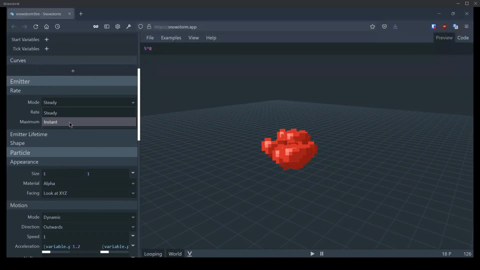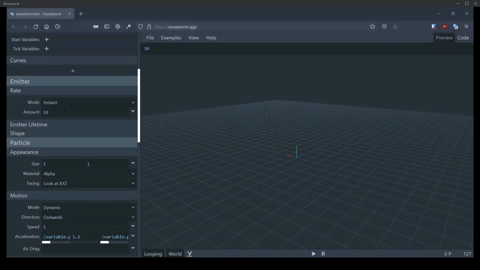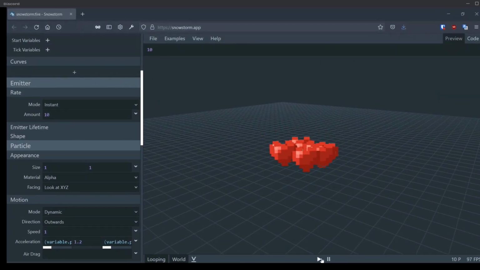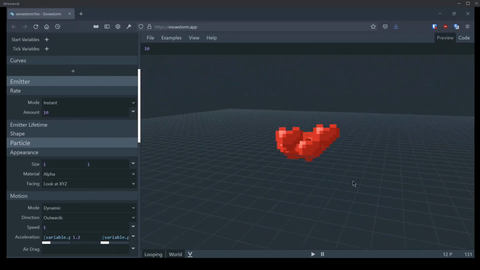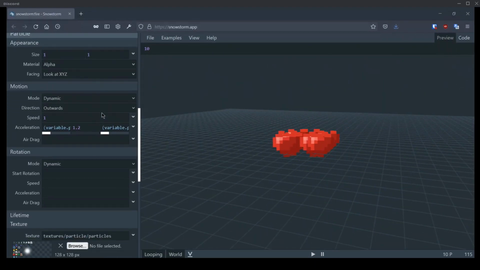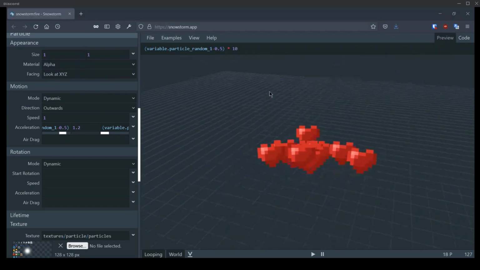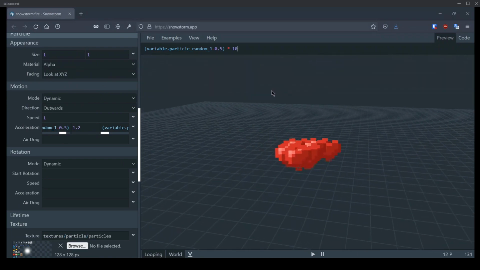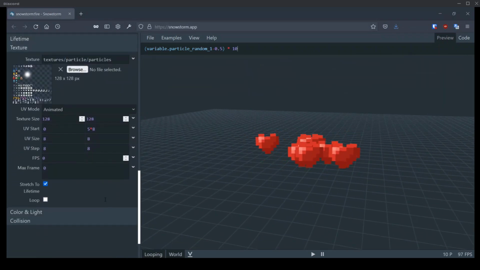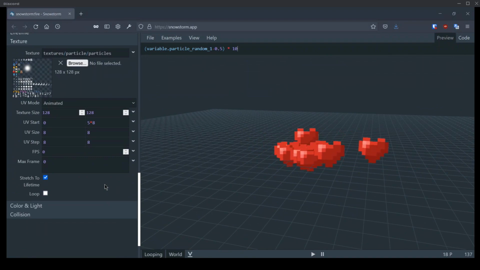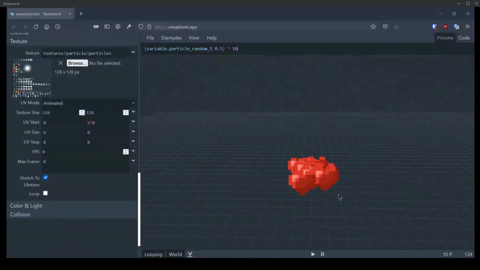So I'm just going for a splashy, punchy, instant heart explosion effect. So set this to instant. That's probably way too many particles. We need way more acceleration here. Oh, Hunt on Doom wanted to specify that if you set the texture size to 16, since it's 16 by 8, you don't have to multiply by 8, just as a convenience when you're working with sprite sheets. That's a good tip. Thanks for broadcasting that.